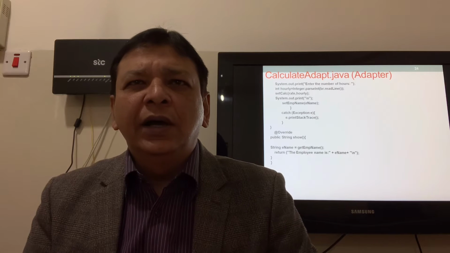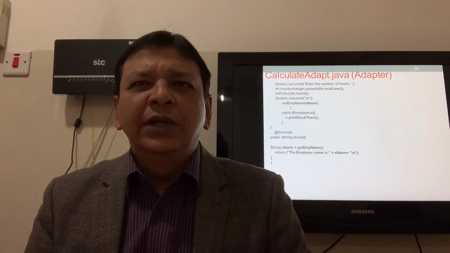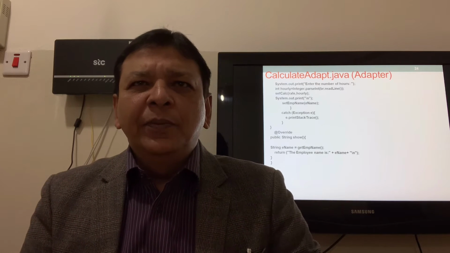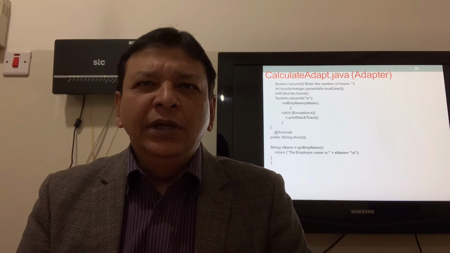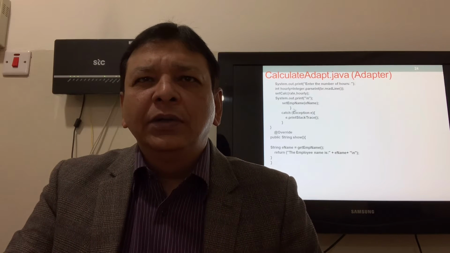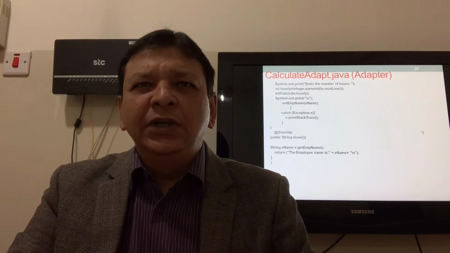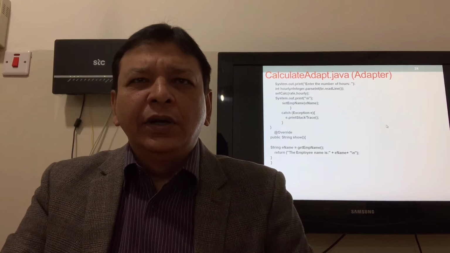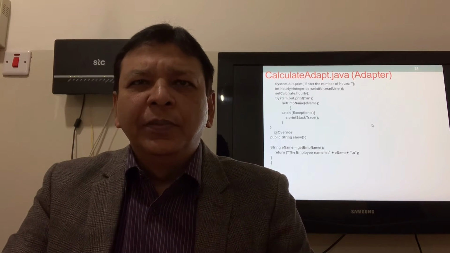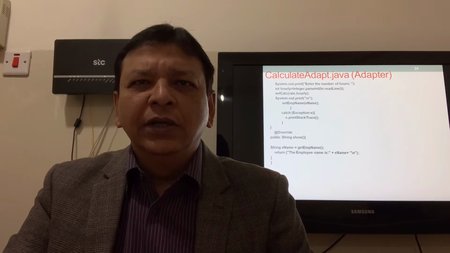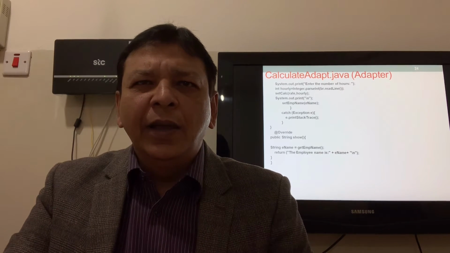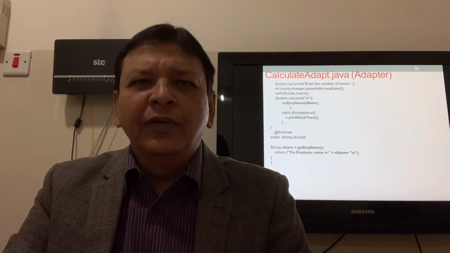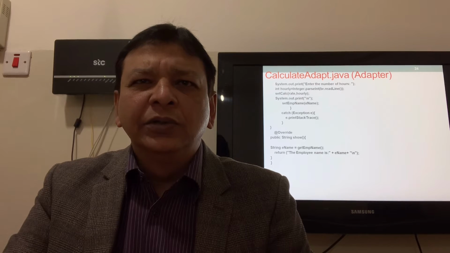So we pass the arguments into the parameters, rate and hourly, then setEmpName with eName. We close the try block. Then we have catch Exception e, e.printStackTrace. So we close the calcHourly, and then we override public String show, String eName is equal to getEmpName, return the employee name is eName, and then we close the show and close the class.